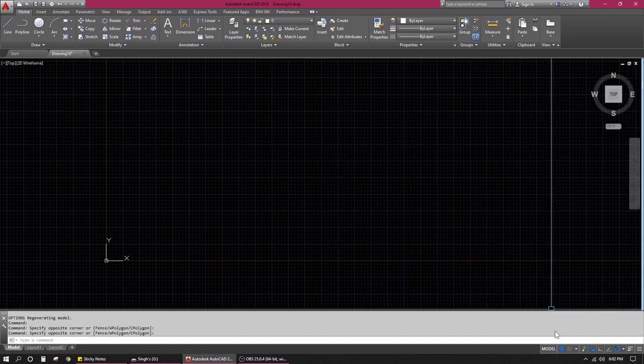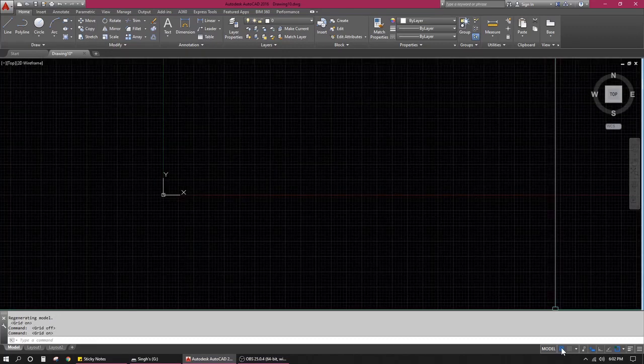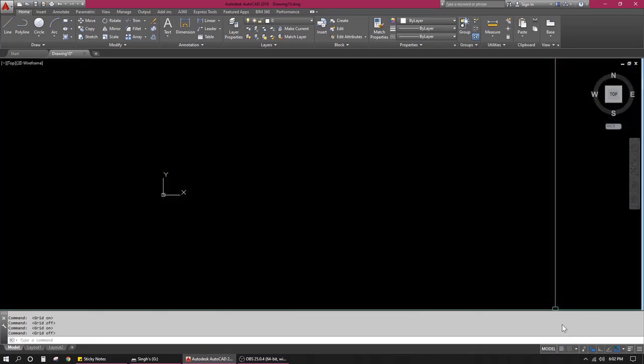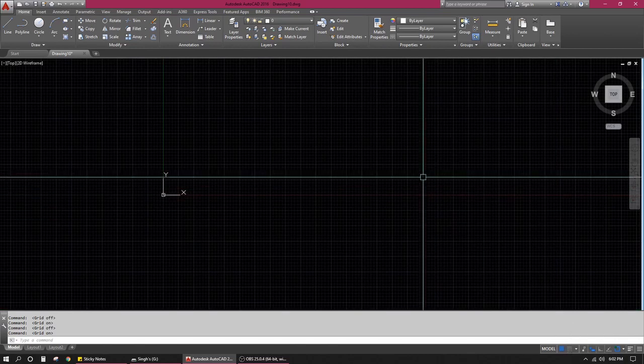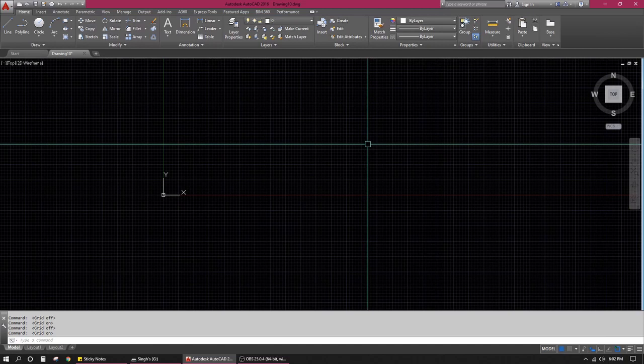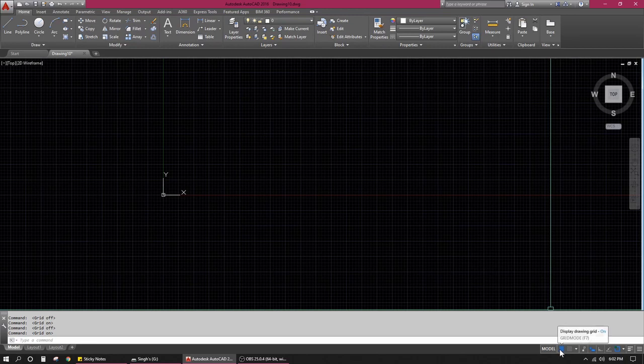So now what is display drawing grid? I turn it off. You see the difference? The checkered pattern behind your screen has disappeared. That is the grid, right? And right next to it is snap mode. What this snap mode does is that it snaps your points to the grids behind you, and it makes it very uncomfortable for you to draw. So you in no case want that to be on. Make sure all the time that it is turned off, because it gives rise to a lot of incorrect and non-precise drafting methods, which you only realize once you've exported the model in some other software.